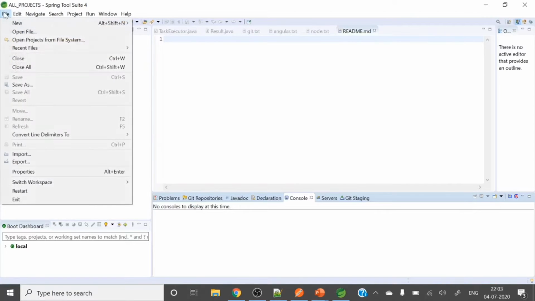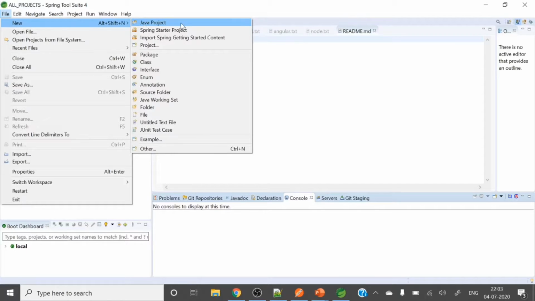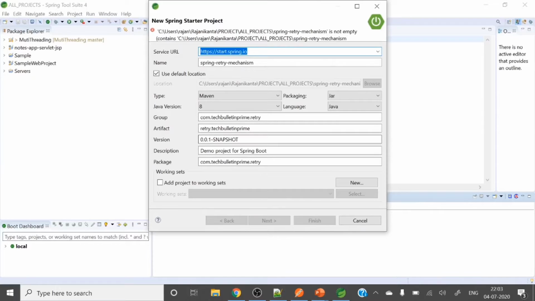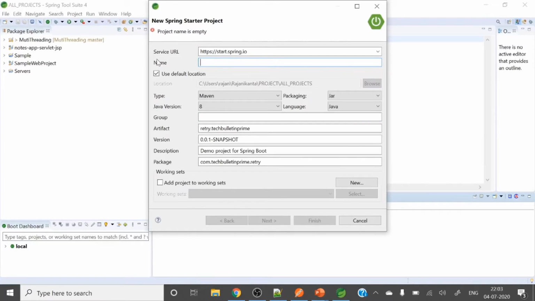Here you can go to File, New, Spring Starter project. Let me change those settings. The name is TBP Spring Retry.